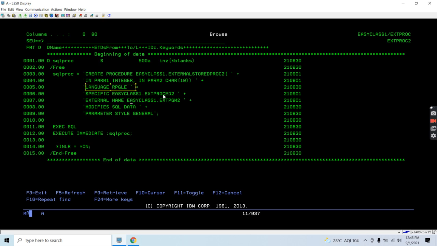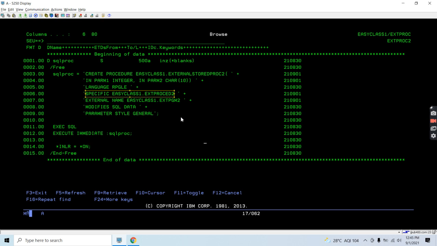Language is RPGLE because this stored procedure is going to call an RPG program. You can see external name, easy class 1 dot xtpgm2. So basically this stored procedure will call this program. The specific name is this.